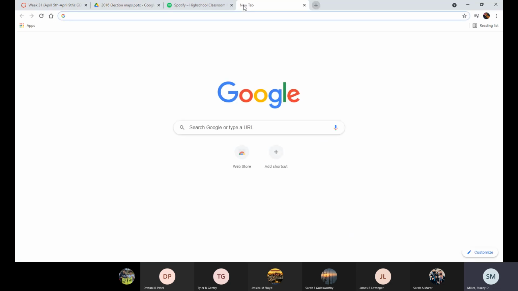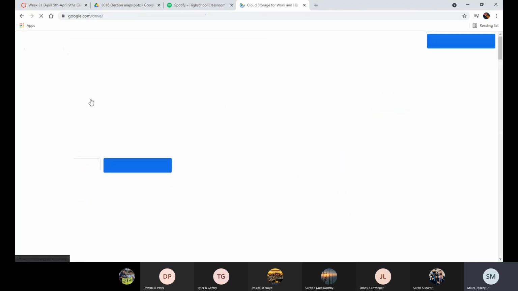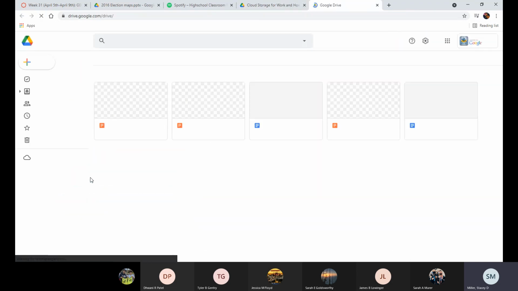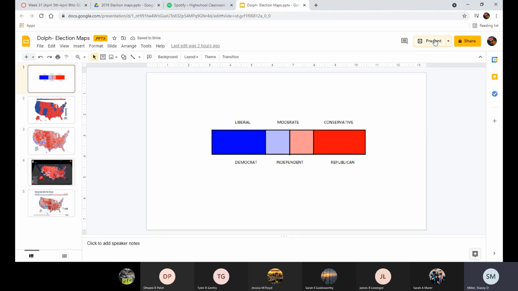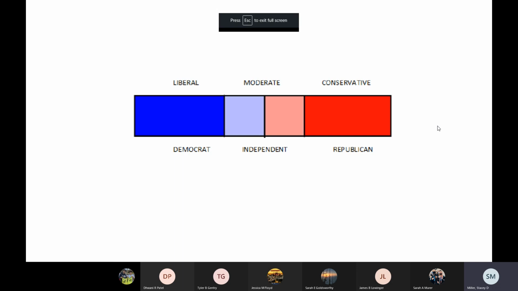So what we're going to look at is some of the election maps that we see, and I think I have it on my Google Drive actually. And the way that we represent things, because this is still obviously a geography class, you know, I feel like sometimes we don't really talk as much about geography. So it's interesting to go through some of this stuff still.